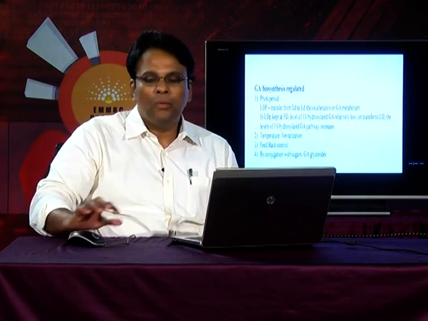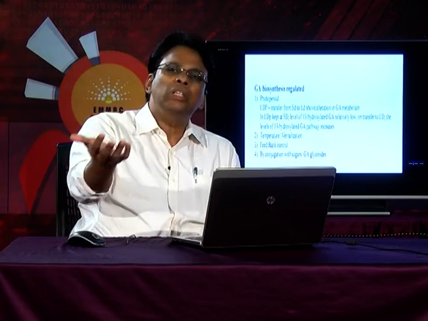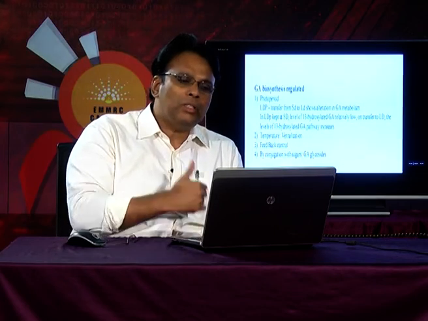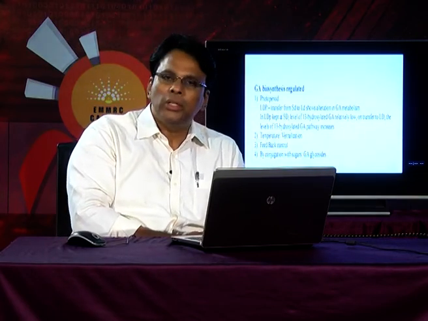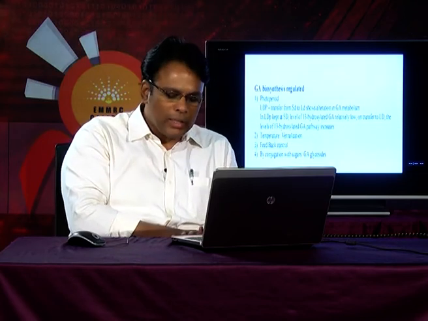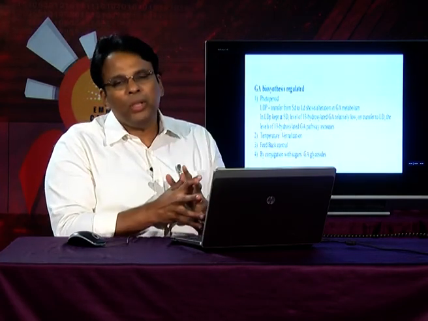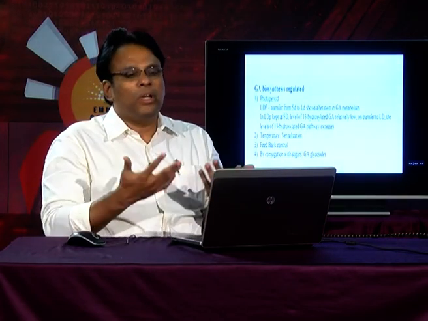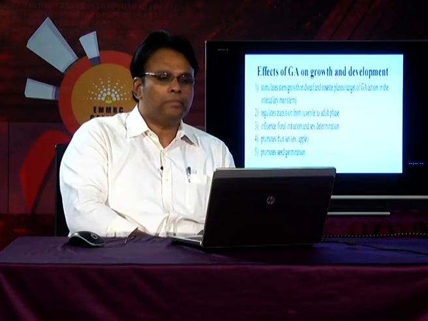Another mechanism controlling GA synthesis is feedback control. When more GA is synthesized, the same GA will come and inhibit the biosynthetic pathway, that is the feedback control. Fourth is conjugation with sugars. When GA is not required in its active form, it is conjugated with certain sugars and we call it GA glycosides. GA glycosides are not active, and only when the sugars are removed will the GA become active again. So, these are the 4 different regulatory means of GA biosynthesis.